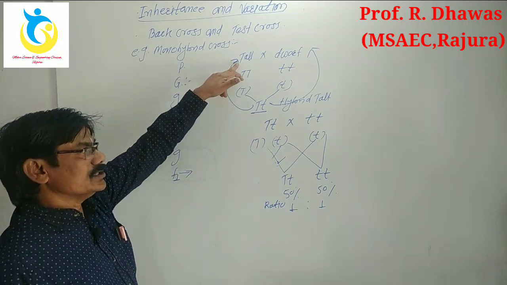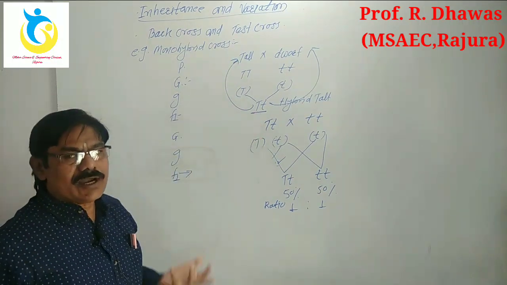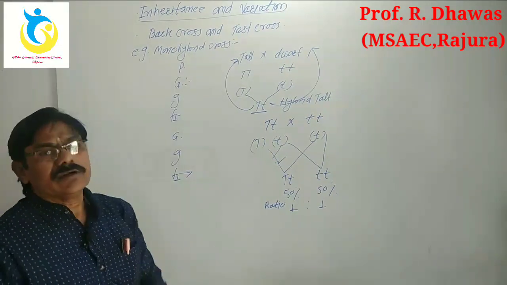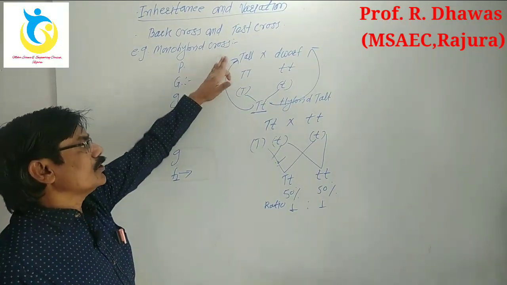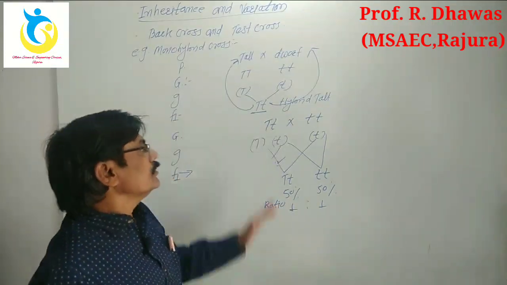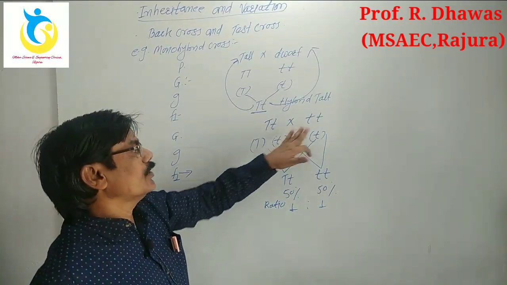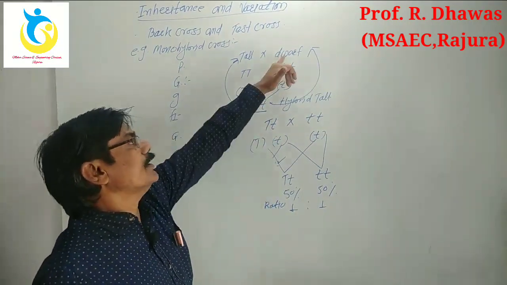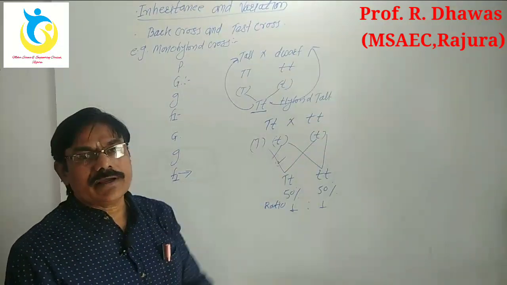As you cross this tall with that of an F1, you can't show which one is actually the tall or the dwarf one, or pure tall or the hybrid tall. But in here we prove that the progeny considered here for a crossing of back cross, that is either the tall or dwarf, that's by a test cross.